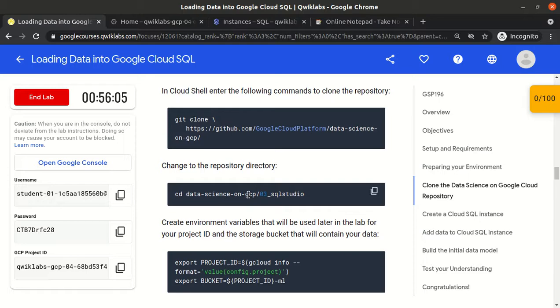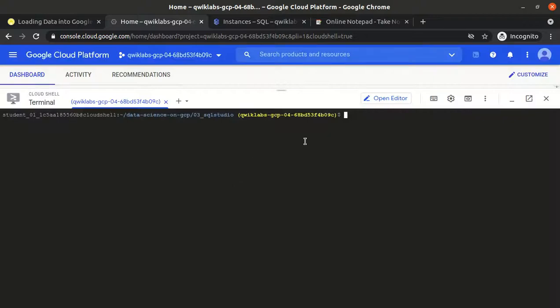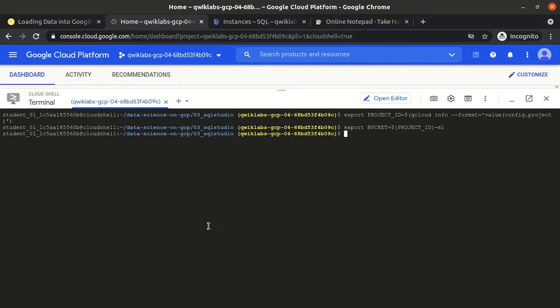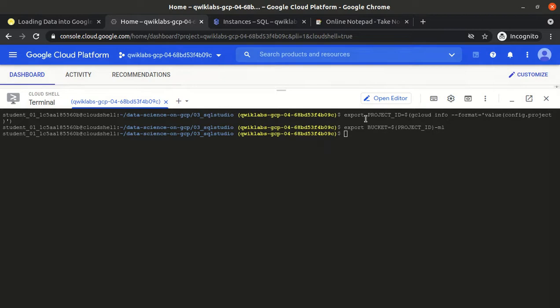So once the git clone command is issued, we will set some variables, very basic variable names like a project id and the bucket, because the bucket is already available as I showed you, and the bucket name is the project id -ml. So rather than every time writing the project id and -ml, I will use the bucket name, and rather than every time copy pasting the project id, because the project id is very large, I have stored this value in a variable, and wherever I have to use it, I will use that.